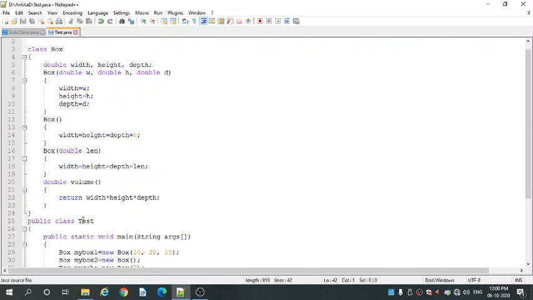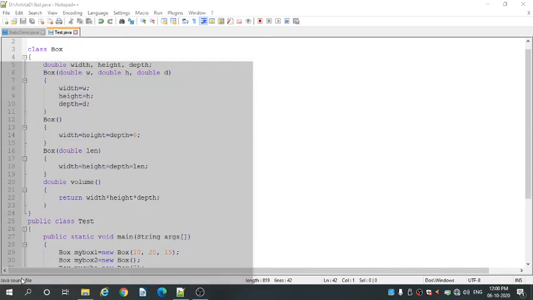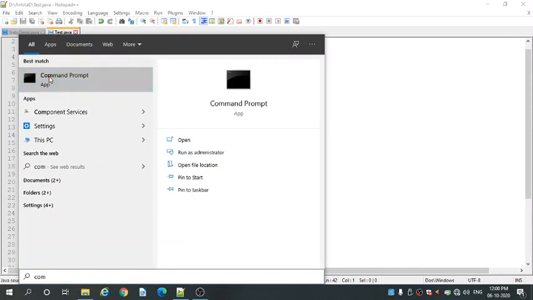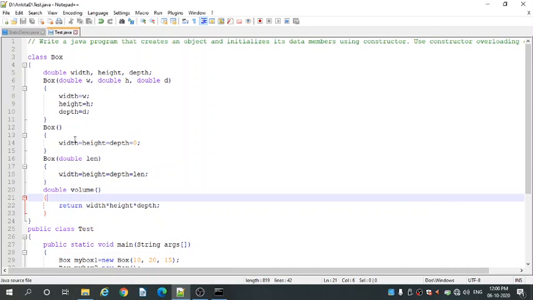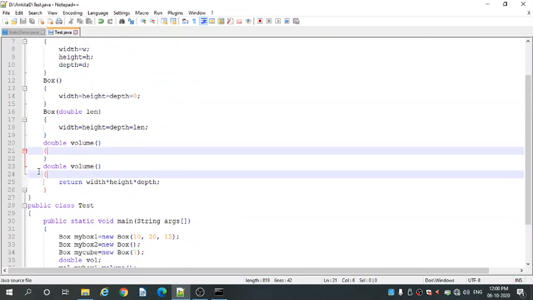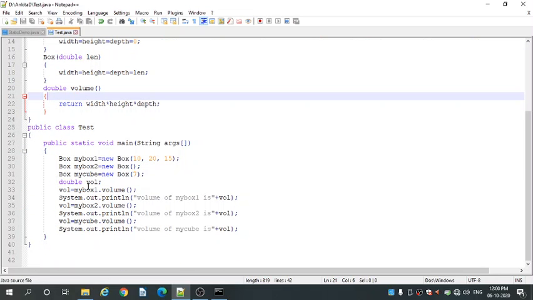To execute this program, open the command prompt. Go to the D drive and cd to the folder. Compilation command is javac followed by the program name. In this program there are two classes. The main class name is Test, because public static void main is present in the class Test.